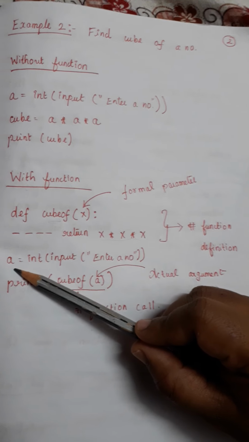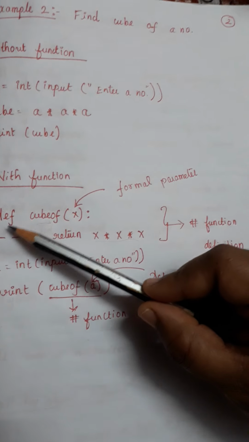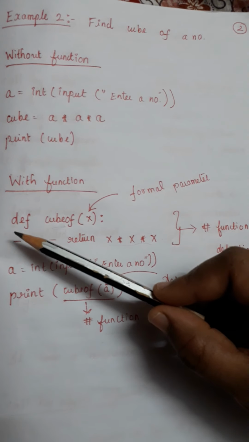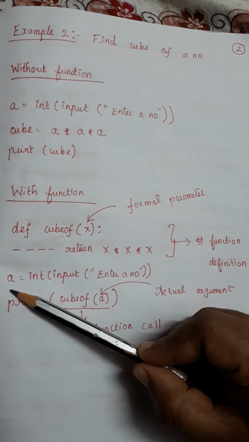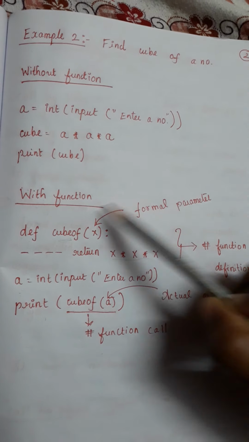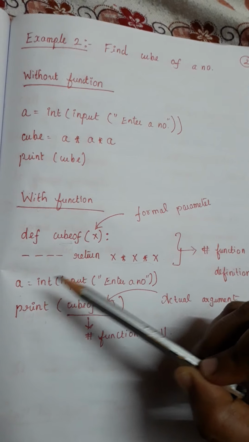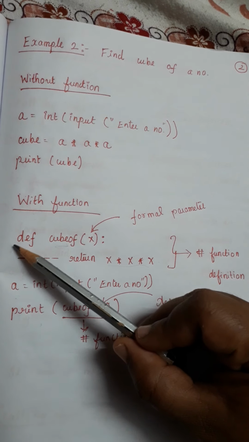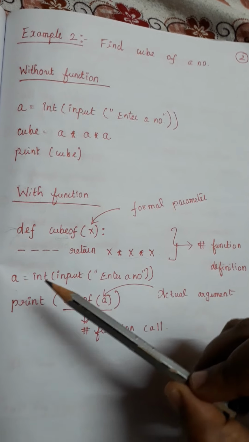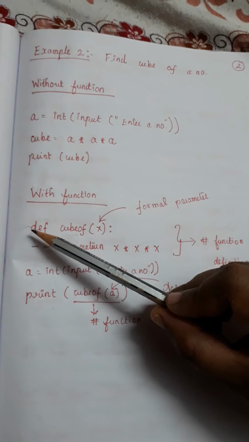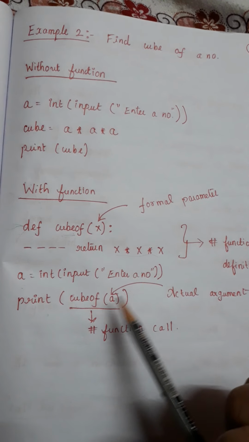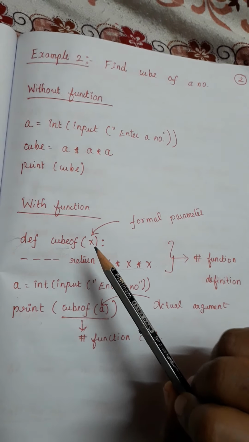See here, the program does not start executing from here. It will start from this particular place, right? So when the function is called, only then this particular part of the code will get activated. Again I'm telling, since I am writing this portion in the front, as the first line, it doesn't mean that this line will get executed first. So whenever I call the function, only then the function definition part will get executed.